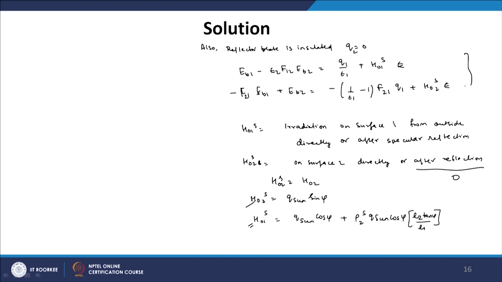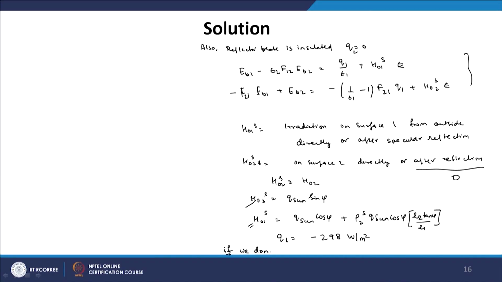Okay. So, now we have all the information. So, we put the value of H naught 2 s and H naught 1 s in these equations. EB1, Q2 is 0, the temperature of the surface, the collector plate, we know. So, everything is known, and when we solve it, we get a value of Q1 as equal to minus 298 watt per meter square. Minus sign denotes that the energy is basically incoming energy into the collector. If it is plus, then the energy is leaving the collector. So, total minus 298 watt per meter square out of 1000 is basically received by the collector.